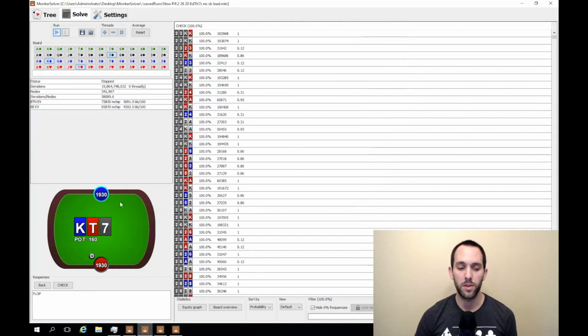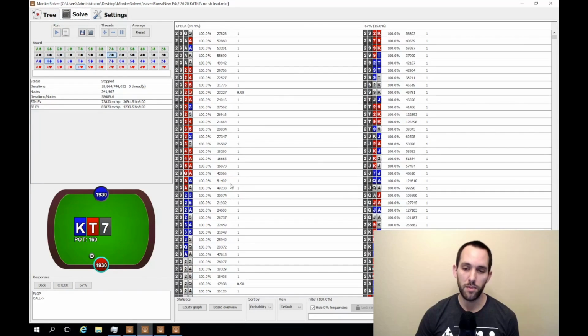Whereas if we run the same spot, but now we're playing against a small blind who doesn't even consider leading this board, maybe he hasn't done his homework and doesn't know that this is a very good board for him and just automatically autopilot checks his entire range. When he checks to the button, now instead of being able to c-bet 35% of the time, the button should only be c-betting 15% of the time. So the button's c-betting less than half as often as he was versus the opponent who plays some leads but